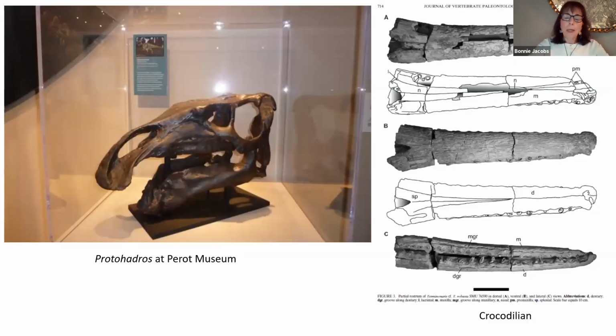So what else was happening during Woodbine and Dakota Formation time? We have this, which is the skull of something called Protohadros. So it's a duck-billed dinosaur that was worked on by a former student of my husband's named Jason Head. And this is on display at the Perot Museum as well. This is not the actual original specimen, but it is a 3D print of the specimen that was made after